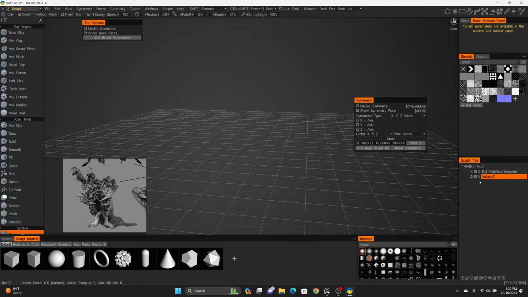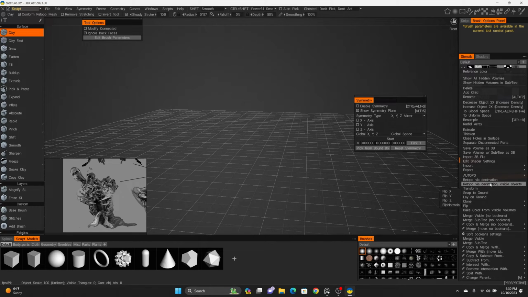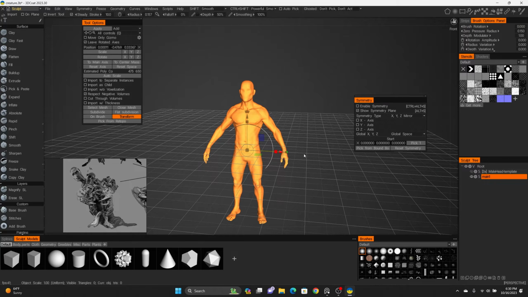Now, when it comes to importing, I decided that I wanted to import a high poly model. Before importing, I want to make sure I change it from voxels to surface. Then you want to right click on your layer, click on import, and click import object. From there I imported this high poly base mesh